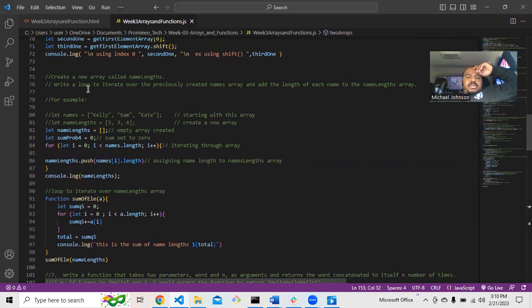Write a loop to iterate over the previously created names array and add the length of each name to the name lengths array. So right here, I got my let name lengths equal an empty array. I set the sum to 0. We're going to do a for loop. All right, and then